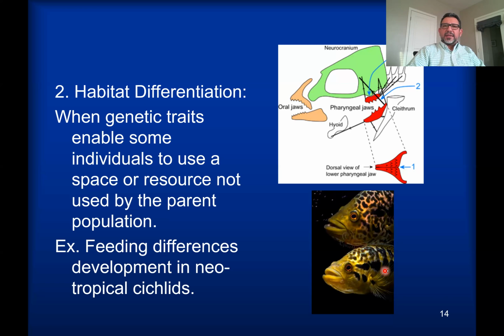And what research is revealing is that there are places where there is less and less gene flow between the fish with the larger heads that are feeding on snails and the fish with the smaller heads that are feeding on sediments. If this pattern continues right there in the same lake, with the big head ones living closer to the shore and the smaller head ones a little bit deeper in the lake, that habitat differentiation, the feeding on one type of diet versus another, may be the force that leads to the development of two different species over time.